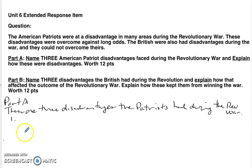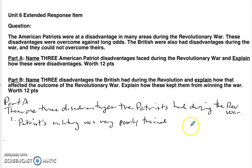The fact that the Patriots did not have an army, and what army they did have was very poorly trained. Just a few people left over from the French and Indian War had any military experience. So I would say the Patriots' military was very poorly trained. And why is this a disadvantage? That's the second part when it asks you to explain how